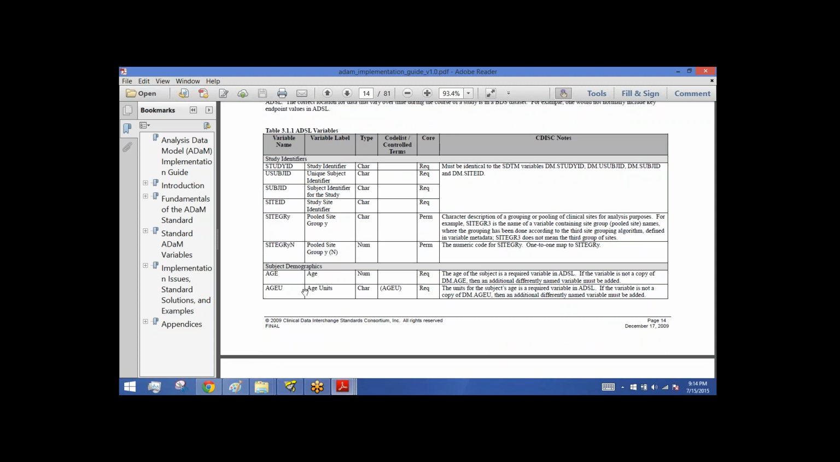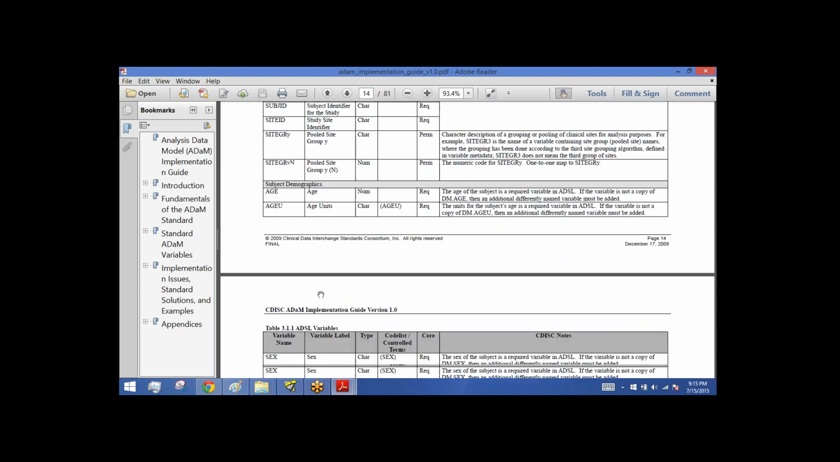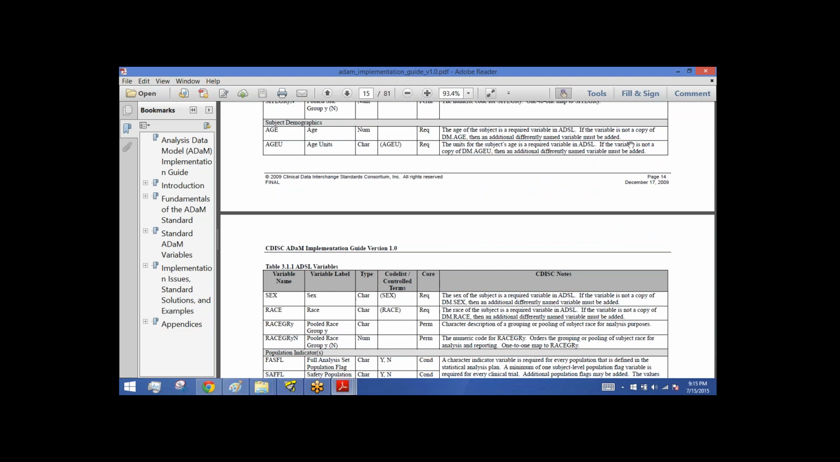After subject identifiers, we'll have subject demographics, which come from my demographics dataset. So what variables do we have? Age, age units, sex, race, and race group. Here our study contains,